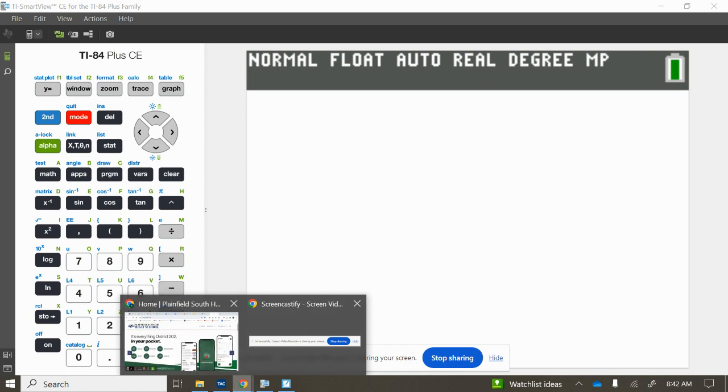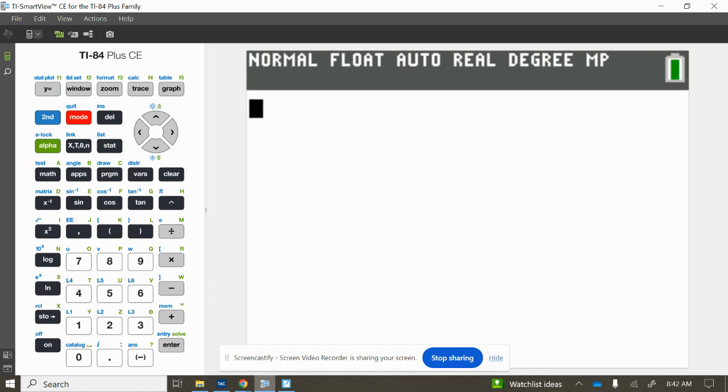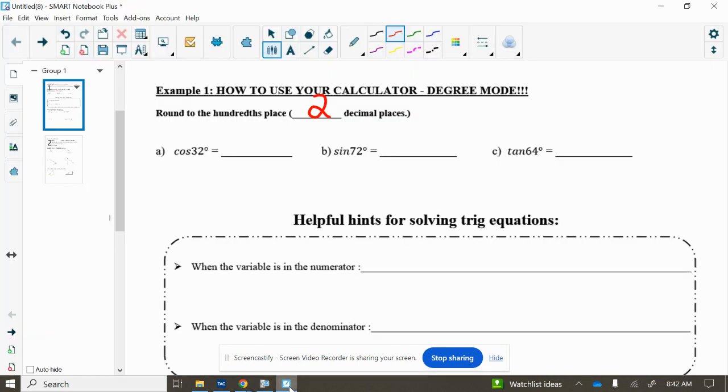The first one you will see here is cosine of 32. So we're going to take cosine 32 in the calculator. And again, if we're going to the nearest hundredths, that is 2 decimal places. So the 8 will make the 4 round up, and we would get 0.85